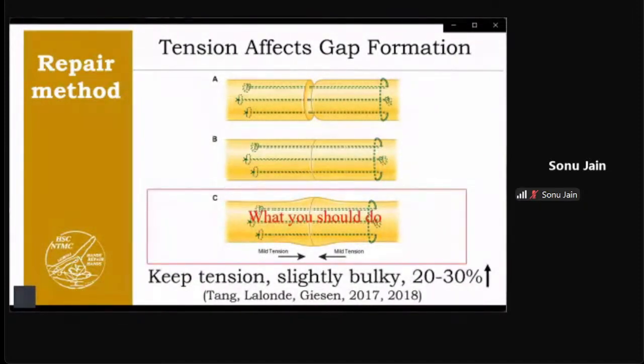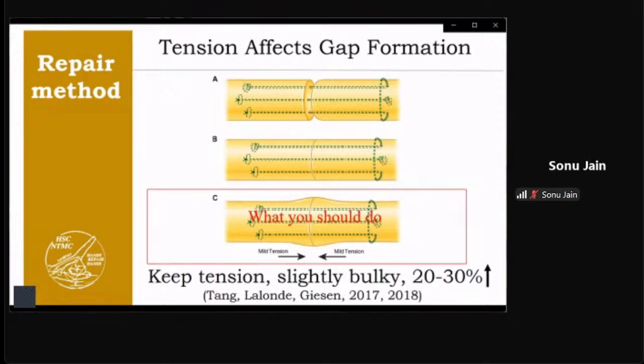About tension of the repair site junction. Of course, the loose suture you see in A is not a good repair, as everybody knows. How about B, which is a very flat repair? It looked great on the surgical table, but with early motion, such a very flat repair will easily gap. The ideal repair is C. You have a slightly bulky repair with some tension,